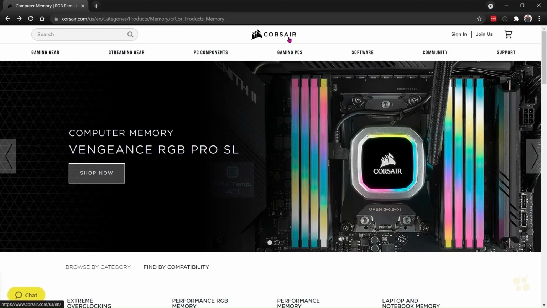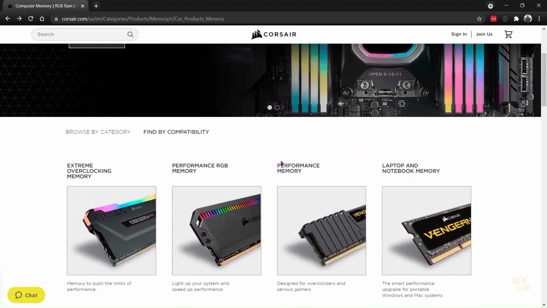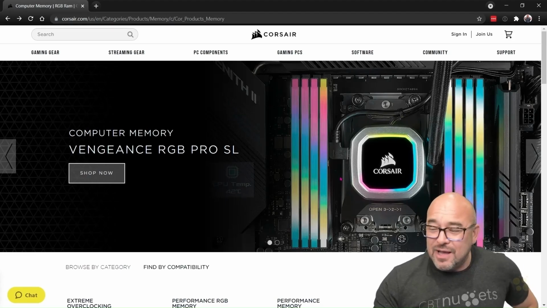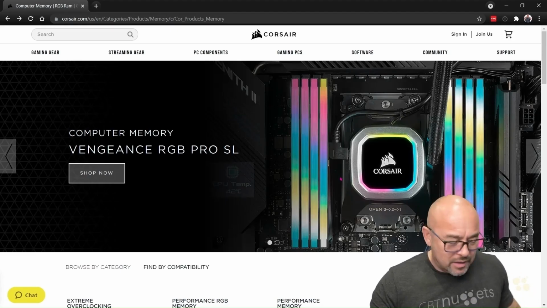Corsair is really known for and really good with gaming hardware. So that would be gaming memory. They have really good heat sinks that are liquid cooled that you can cool off your processor with. So I've got quite a bit of really cool stuff here. And a lot of gamers really like these LEDs. I don't know if you can tell. You probably can tell by looking. But if you look